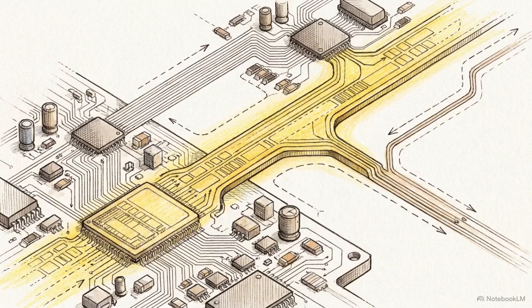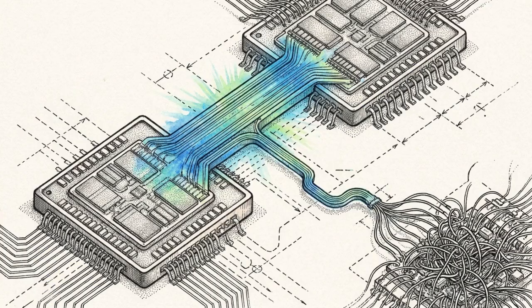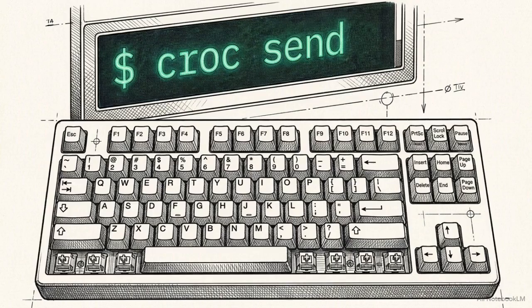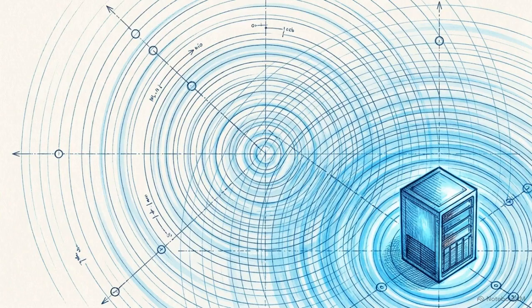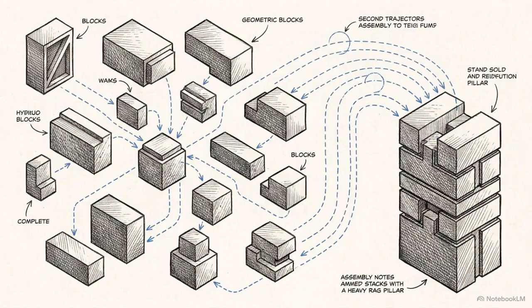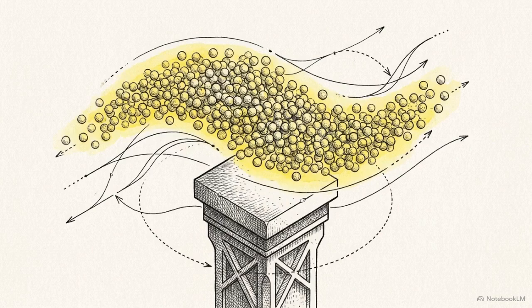Croc's architecture is governed by a strict routing principle. Always prioritize the most mathematically efficient path available before pushing data out to the public internet. When a user initiates a transfer, Croc does not immediately connect to the WAN. Instead, its initialization phase actively probes the local subnet to determine if the recipient is sitting on the same physical or virtual network. It achieves this using a pure Go library called Peer Discovery, which operates via User Datagram Protocol,